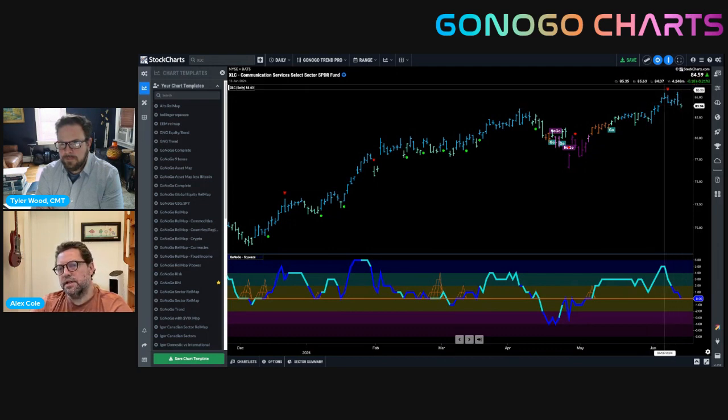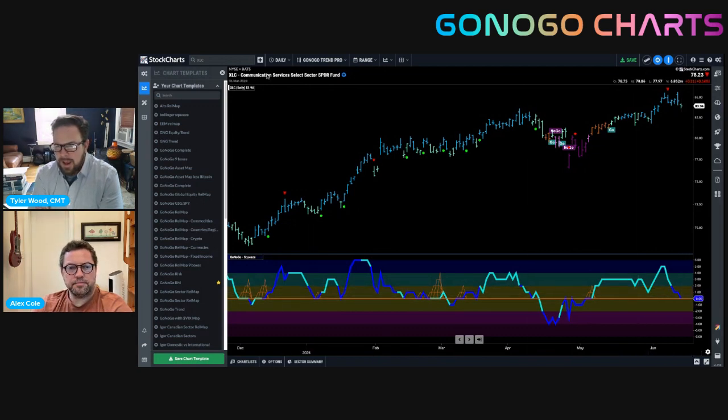So definitely consolidating, pulling back a touch, but this is going to be very important to see if we find support here at the oscillator at the zero line. And still a bit of room to fall to the next major support area, correct? Yeah, a little bit.